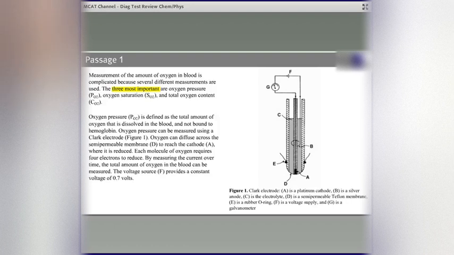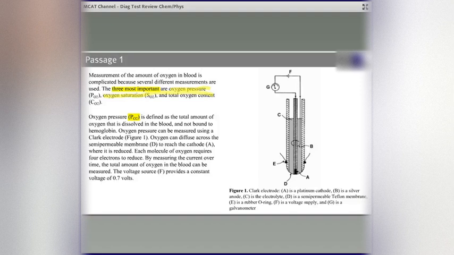Because if the author says it's important, shouldn't we think it's important? Yeah. And what things does the author say is important? Well, let's see. Oxygen pressure, oxygen saturation, and total oxygen content. Now, why do we care about this? We care about this because if the author put them there in that order at the end of paragraph 1,